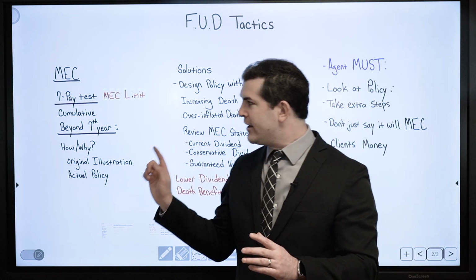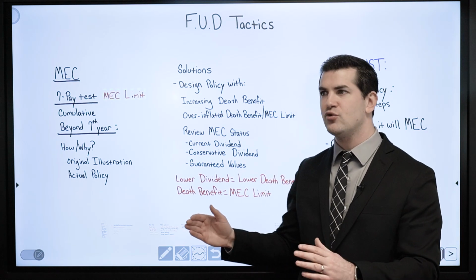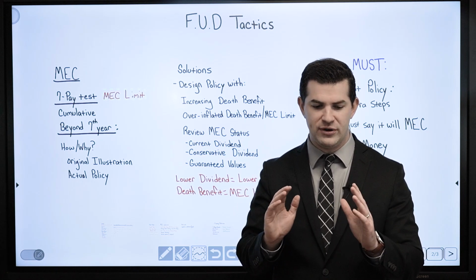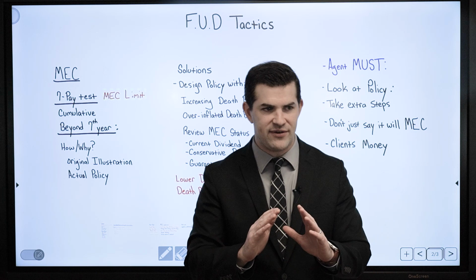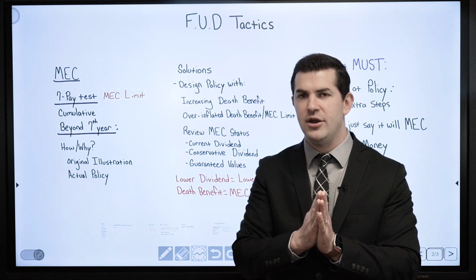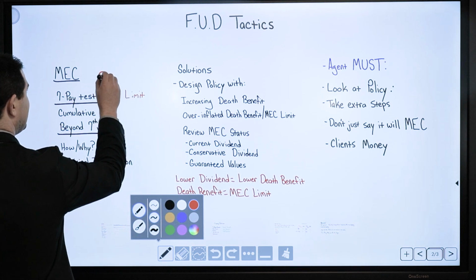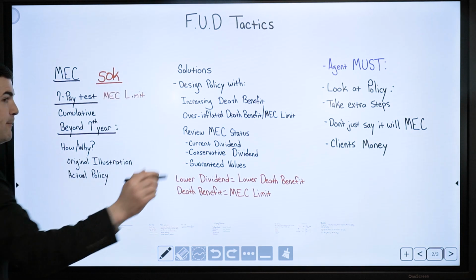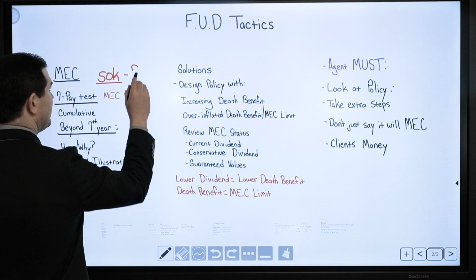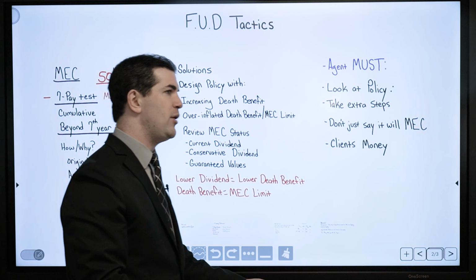Now, why do we have the number 7 there? So that 7-pay premium test, really what this represents is the first 7 years of a life insurance policy. What I like to reference is that the IRS looks at the first 7 years and their vice grips are tight on life insurance policies during that period of time. So if I have a $50,000 MEC limit, let's use that same limit here, that is the maximum amount of money I can pay into the policy per year during the first 7 years of that life insurance policy. If I pay in greater than $50,000, I will trigger a MEC.